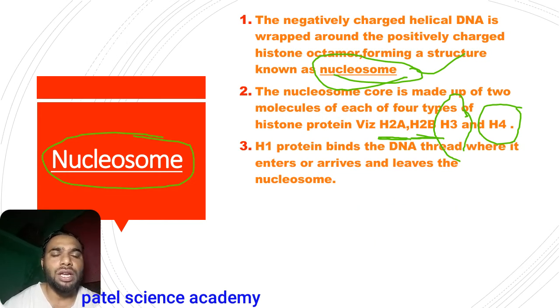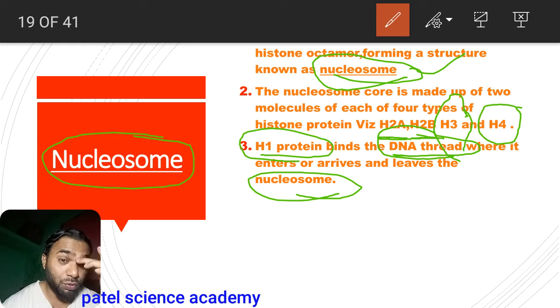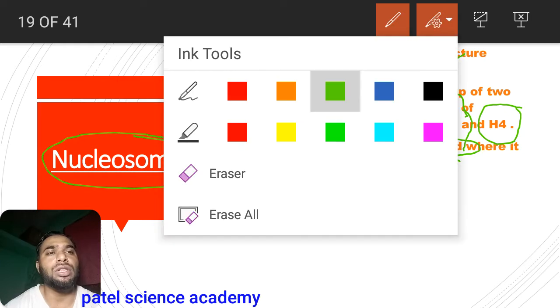This H1 protein is the protein which binds the DNA thread where it enters and leaves the nucleosomes. It means the entry of the DNA thread in the nucleosomes is possible because of this H1 protein. So this H1 protein binds the DNA thread where it enters and leaves. This means the DNA molecules can enter into the nucleosomes by this H1 protein, and it also leaves this nucleosome for entering into the next nucleosome. So this is about this structure